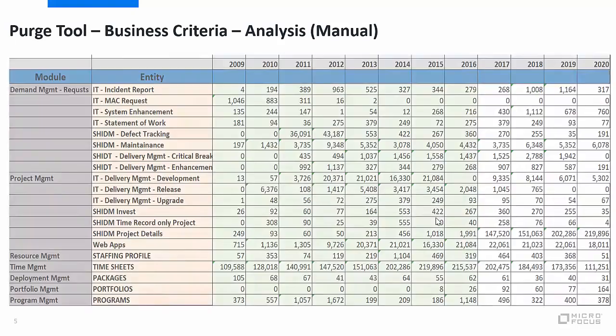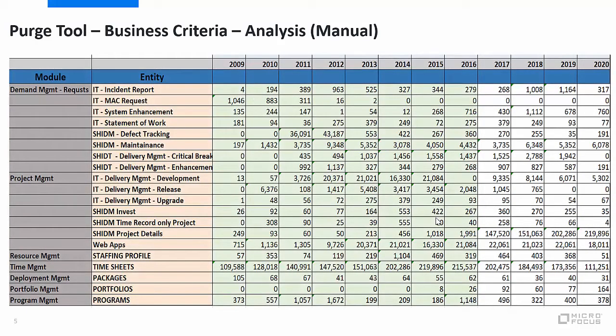The main prerequisite to use the purge tool is to first scope the data that you would like to purge, which is also called business criteria. So the technical team, along with inputs from the business and business approval, can come up with the data set that you would like to purge. I'm going to show you a quick example for a sample data set from a sample organization, using which you can do some data analysis. This is a manual activity. This is not included in the tool, but it needs to be done